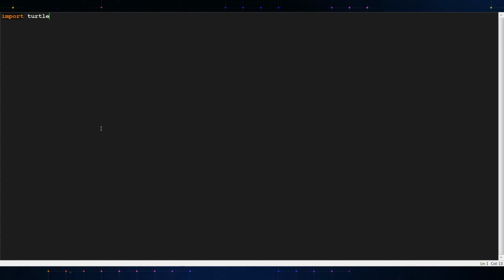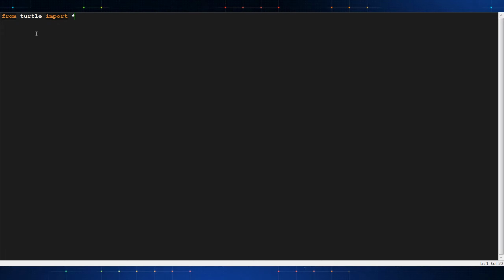You can do it using this method, or the other way around would be to use from turtle import and everything using the symbol asterisk or the star. If you do it this way, you have to keep in mind that all your existing functions, if you had ones, are going to be replaced by the turtle ones, because if you do it this way, you don't actually have to call the turtle module, the turtle library name or prefix before using any of the functions,